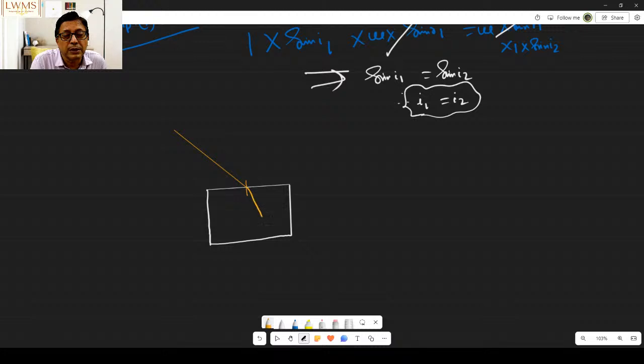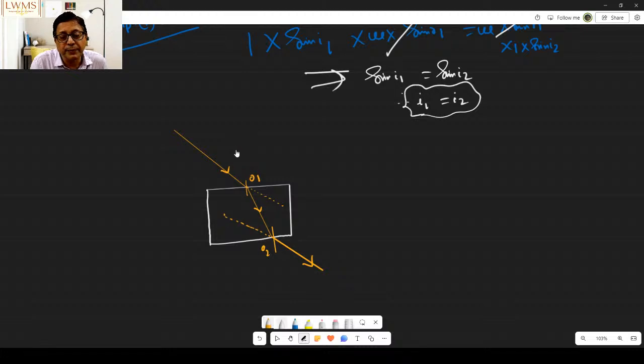Finally it will emerge in such a manner that this ray will be parallel to this final emergent ray. These two are parallel. If this is the produced part here, and this is the produced part here backward, then